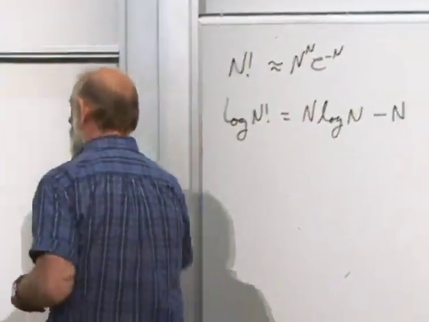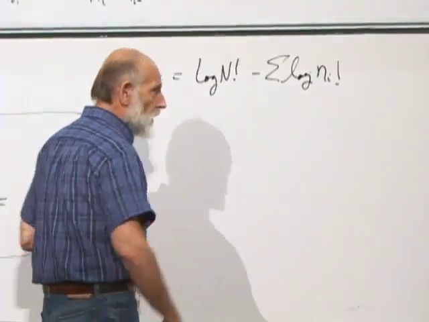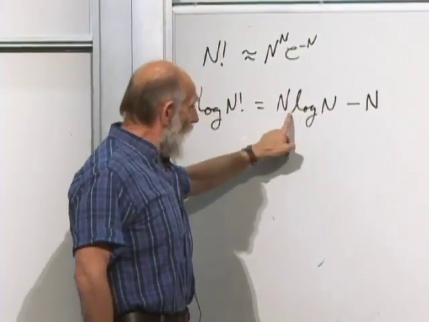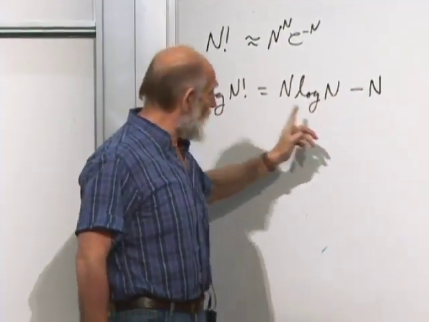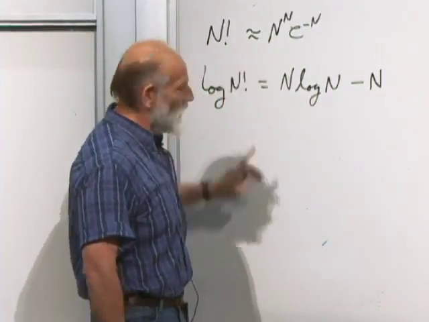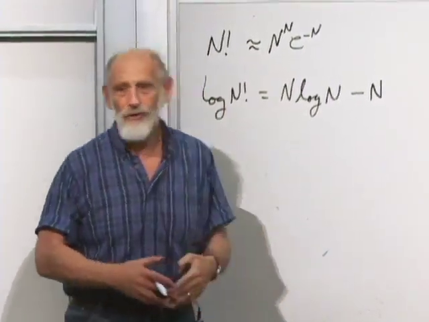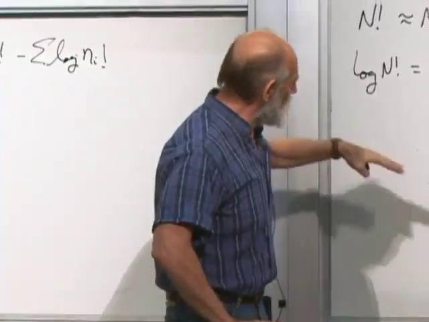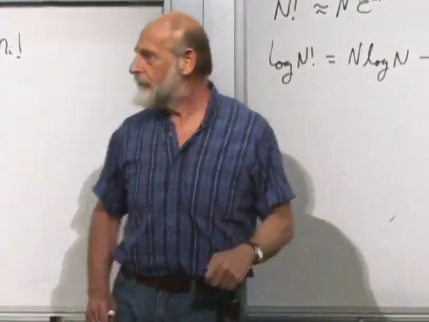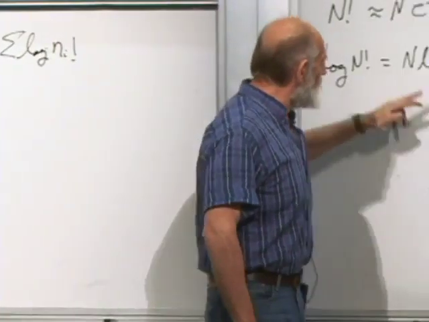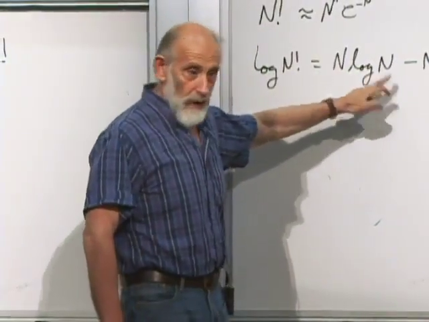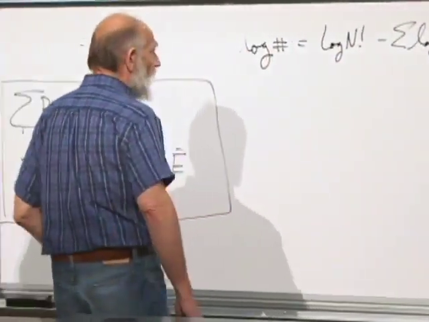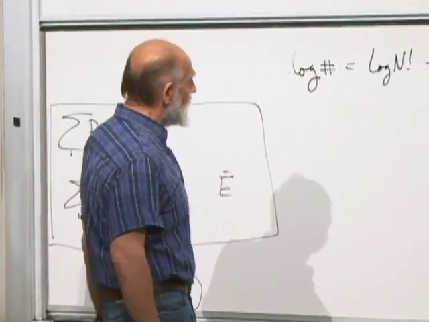And this is what we have here, logarithms of n factorial. So we're going to use the Stirling approximation in this form. If you actually go and numerically study these things, you find out that this formula is very accurate. This one's not so accurate. You take the thing which is pretty accurate and you exponentiate it, and you can flop around because of the exponential, but the logarithm is a highly accurate formula. When I say it's accurate, I mean it becomes very, very good for large n. The corrections to it get smaller and smaller with large n.